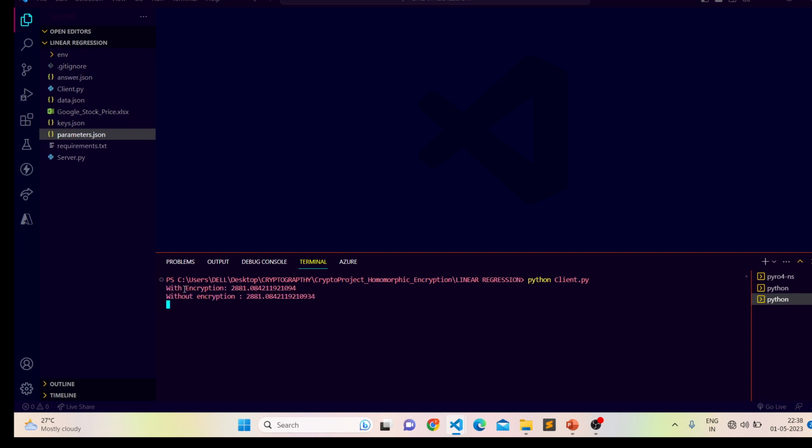So we get the result with encryption. We are getting the prediction as 2881.0842, and without encryption we are also getting approximately the same result. So let's wait for the accuracy with encryption and without encryption.